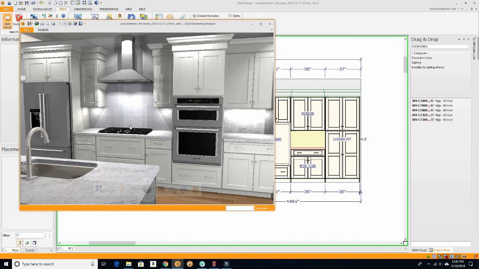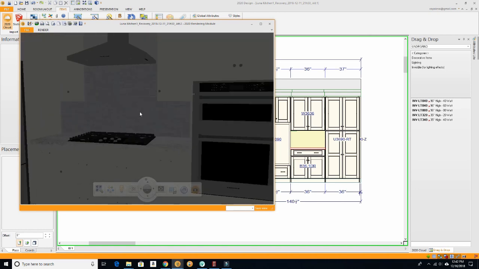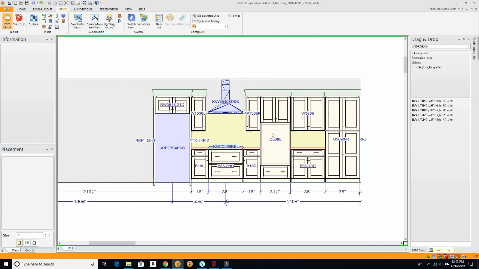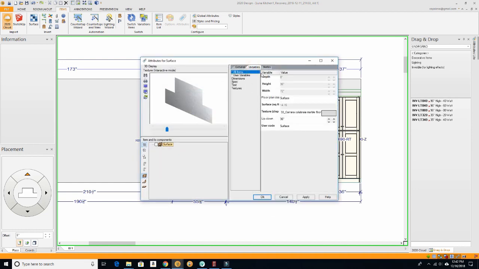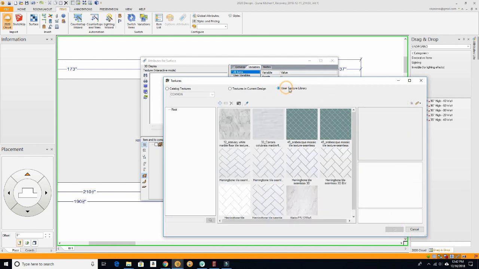So now I can do that with a few different textures. If you saw the preview video I made with pictures in it, I used a few different tiles just to illustrate. So I'll go to attributes, variables. Now I already have these in my user texture library because I already created them. These all came from that SketchUp Texture Club website,